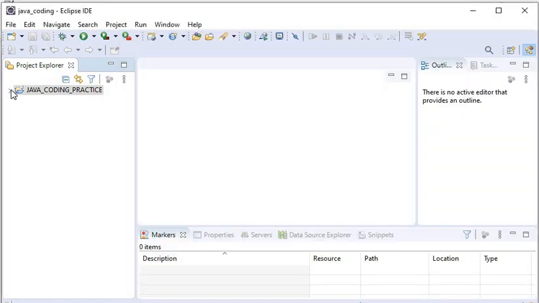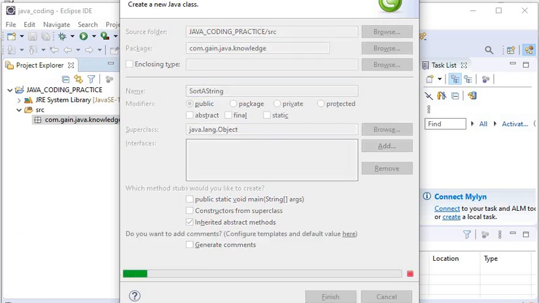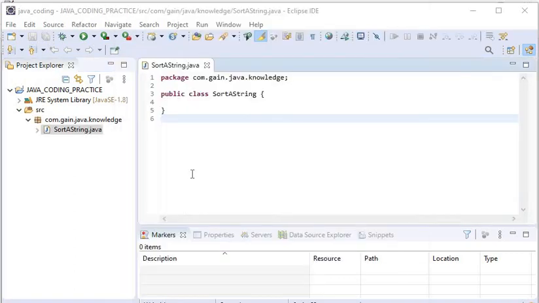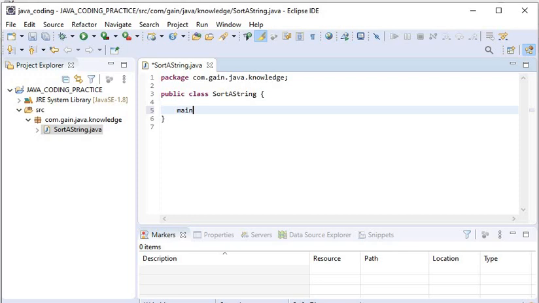Now here in this project I will create one class. Here the class name is SortAString. Now here in this class I will declare a main method.